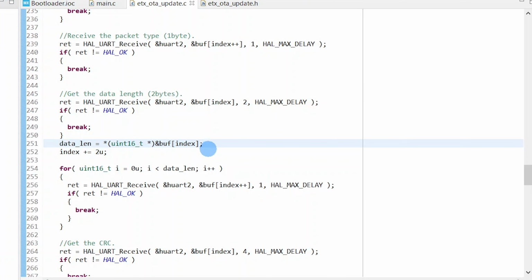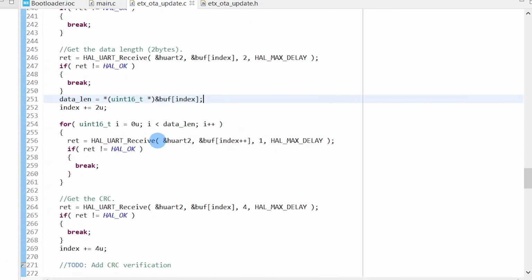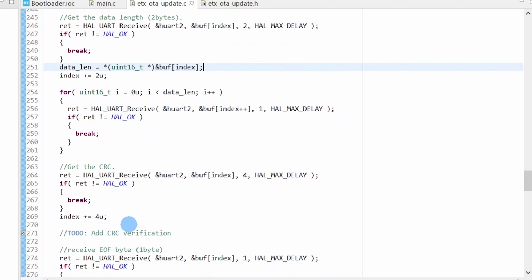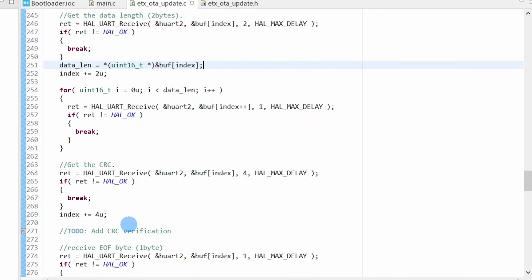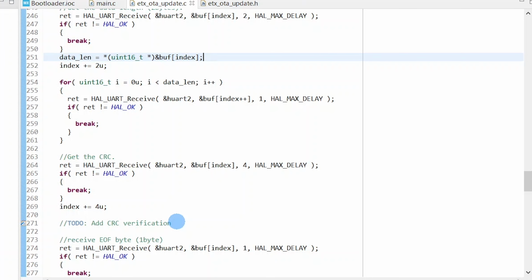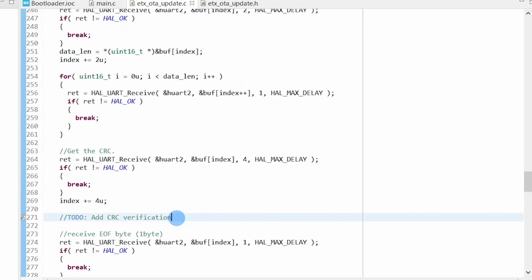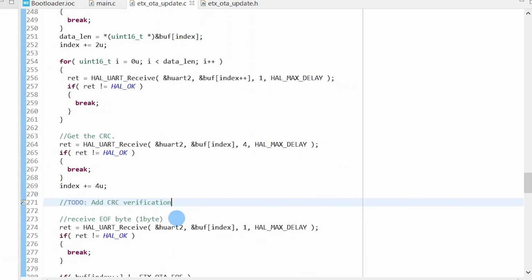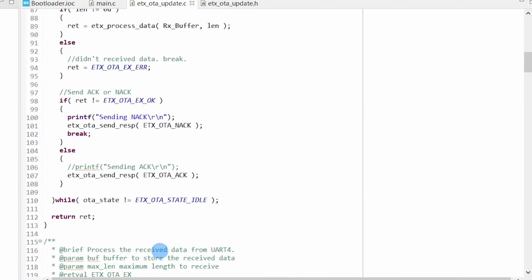In the for loop, I am getting the data one by one up to the data length and storing it to the buffer. Right after that, we will get the 4 byte CRC. In this tutorial, I am leaving the CRC as it is and not verifying the CRC. In the upcoming tutorial, I will add the CRC32 part. Finally, we will receive the end of the frame.